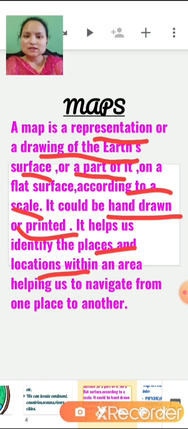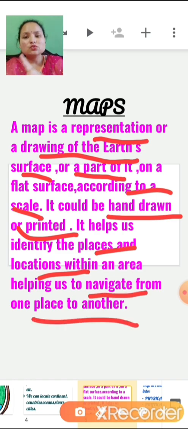Because it is easy to carry, and we can see the whole thing in that map, not only some parts but all parts, and it is easy to store. So we prefer a map. It will be more useful because everything will be in detail, helping us to navigate from one place to another.